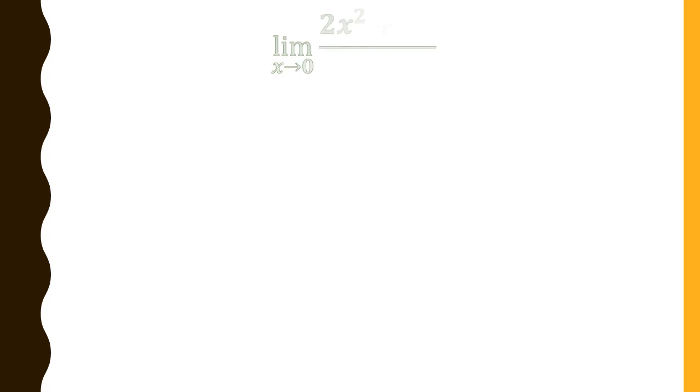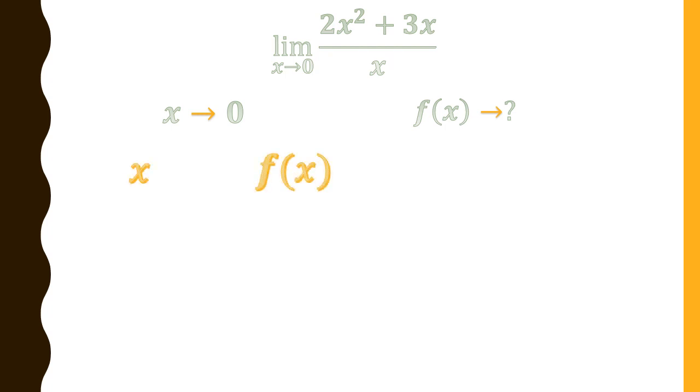We will be taking one other example here. Limit x tends to 0, (2x square plus 3x) divided by x. Here x tends to 0, that means the value of x is to be taken nearer and nearer to 0, and then we have to find what will be the limiting answer for f(x). As usual, we will be preparing the first two columns, x and f(x). Now a value less than 0 could be negative 0.1, and when we put it into the equation we get 2.8.